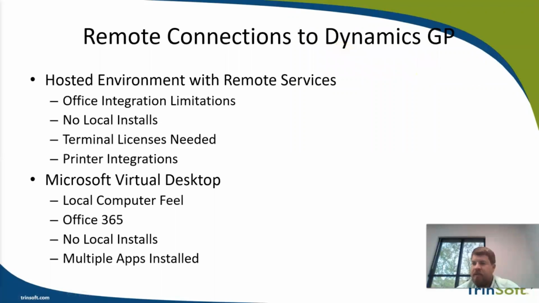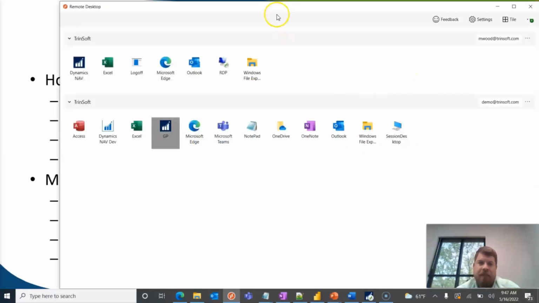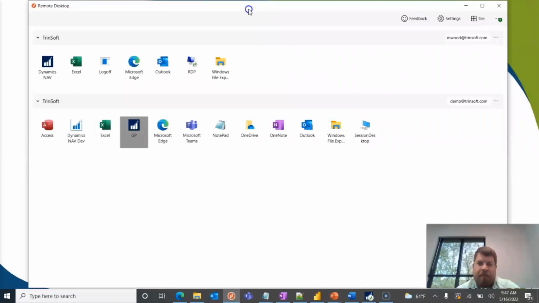All right, so I'm going to show the virtual desktop here. This is what it looks like. This is the app. You can see here, I've got two. This is my mwood@Trendsoft email. Here's what I have access to through that. We use Dynamics NAV or BC internally. So we do use this product for our internal accounting, and this is what we would launch to use that. Now, if we come down here, this is my demo. And you can see here's all the different products that we've made available for me to connect to. Obviously, we're focusing on GP, but as I log in for the first time,